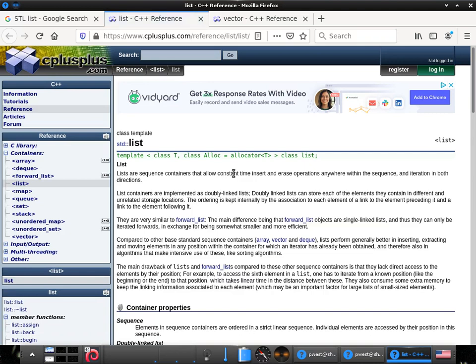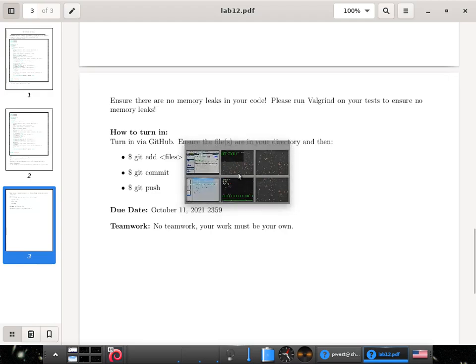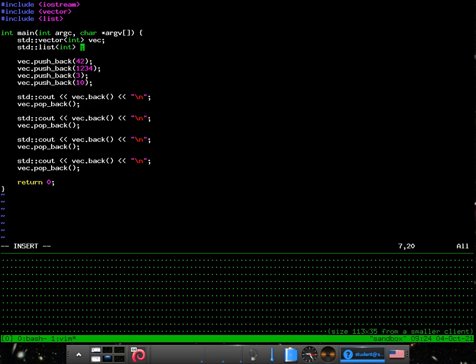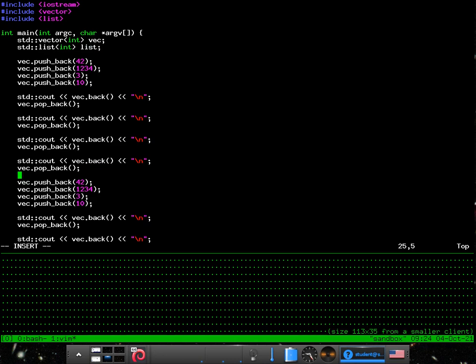Lists are sequence containers that allow constant time insertion and erase operation anywhere within the sequence, and iteration in both directions. List containers are implemented as a doubly linked list. Now let's go here, std, we'll make this a list. List. And this time, the list you can push back, but instead of doing,